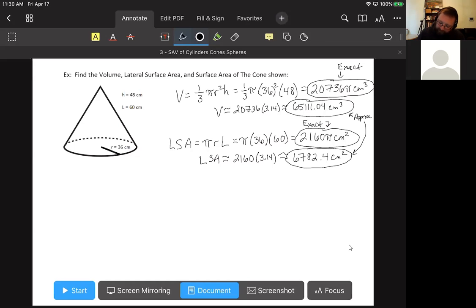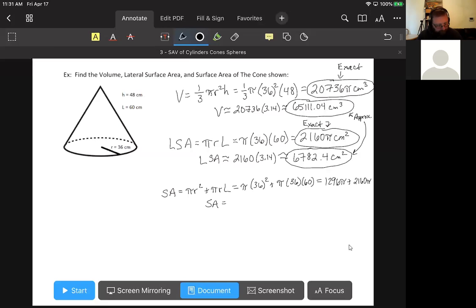Okay, that brings us to our final information that we need to provide here, which is the surface area. Again, our equation for that is pi r squared plus pi r L. So again, we're just going to plug in those numbers, and we're going to simplify that down to a single number. So we would start with squaring 36 is 1,296 pi. And we already know that 36 times 60 is 2,160 pi. So we would add those together,